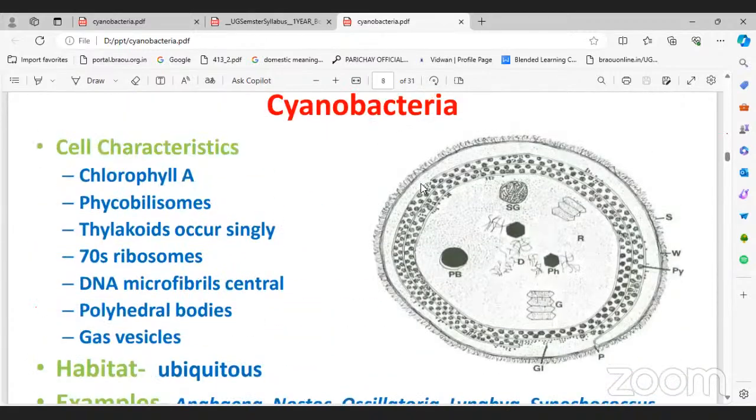As we said earlier, in here also we should follow the order. The order is what they have given. First of all, the cell: what are the components of the cell? Already we discussed in the general character.